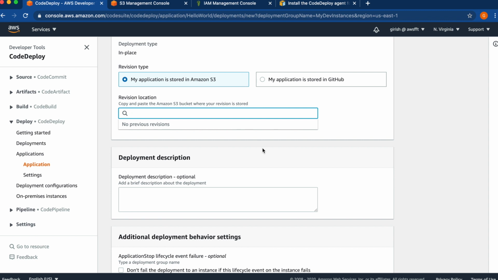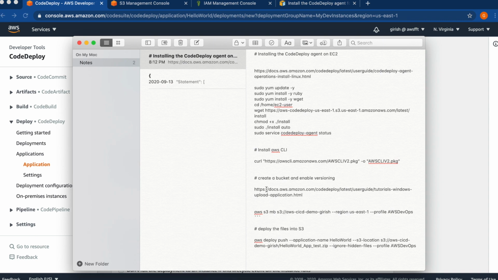Fortunately, there is a very simple step to do. Let me go ahead and show you that. First you will create a bucket and then upload those files. You can just follow this URL to do that. These are the same commands we can use to create the bucket, and this will need the AWS CLI on your personal computer, your local system.